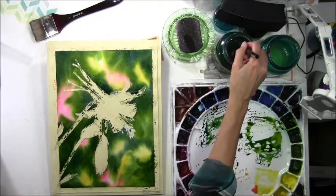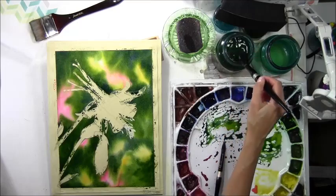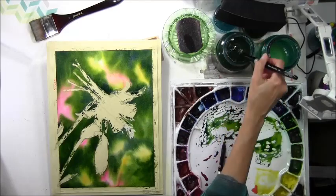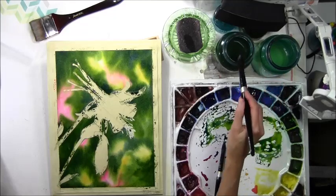All right, so I think I am done with that, and hopefully that helps you understand how you can do a wet-in-wet background with the look of some bokeh and a little bit of variety of color,